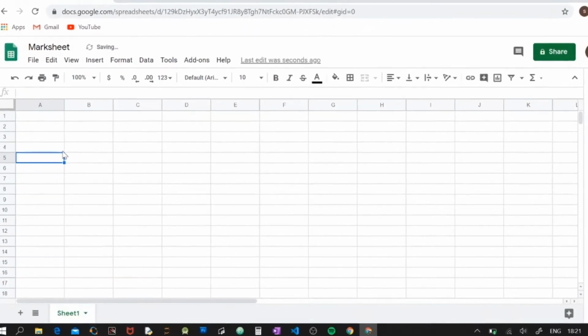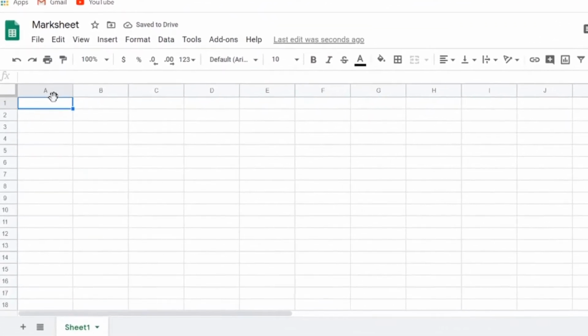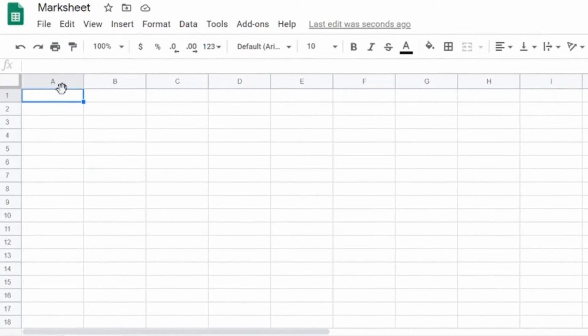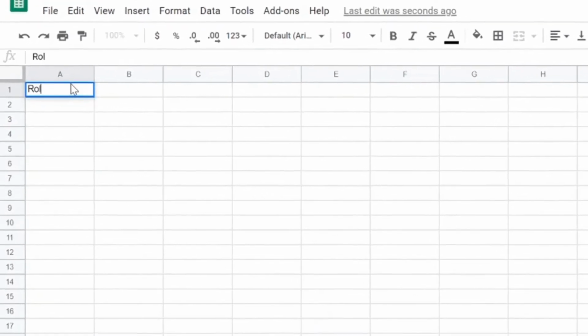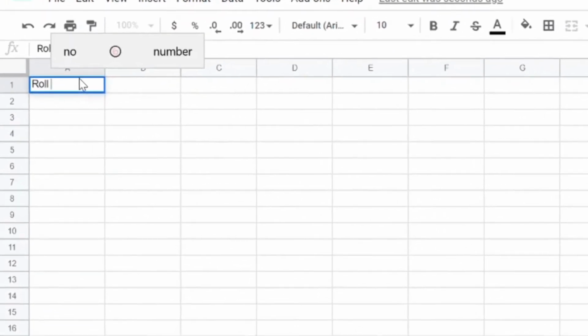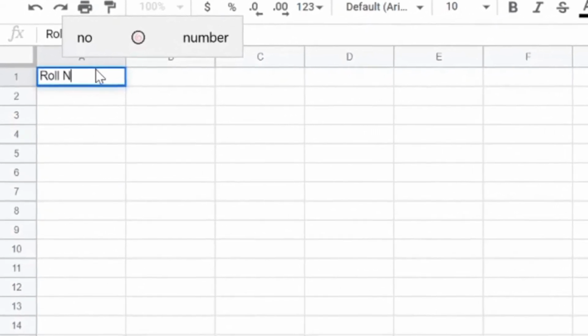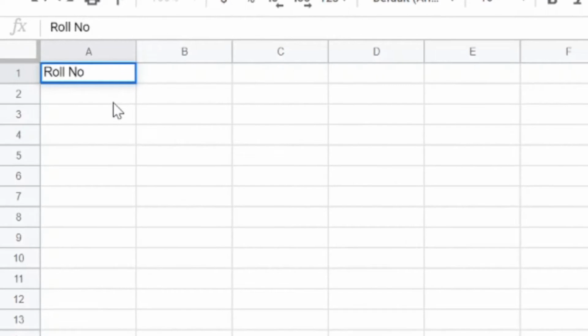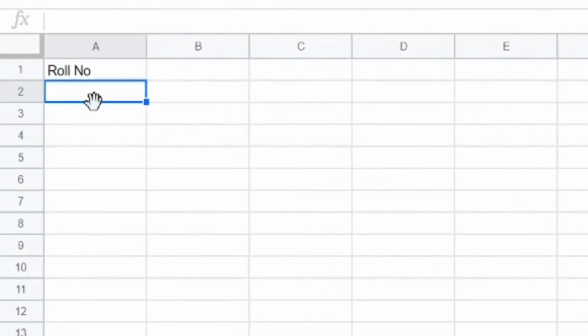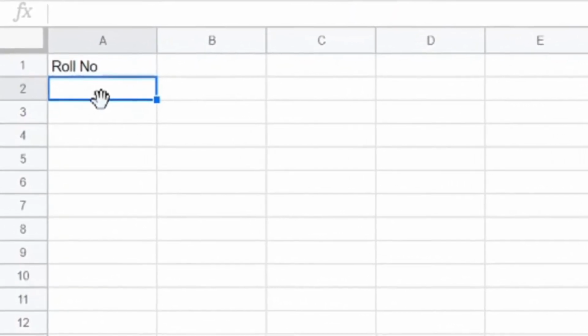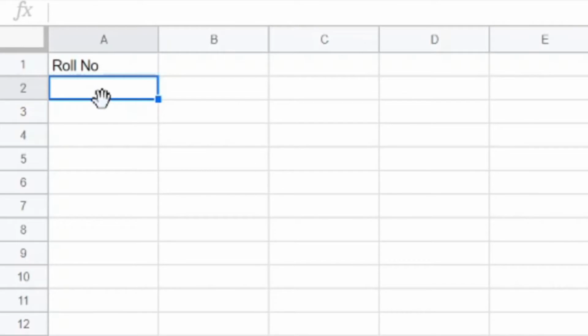Then in a typical mark sheet, we will be having some columns like roll number. Everyone will be having a field called roll number, which will identify each student uniquely. So for roll number, we can use a feature called autofill, so we don't have to write all the numbers manually. We can use the autofill feature to fill up the roll numbers. Let me show you how.